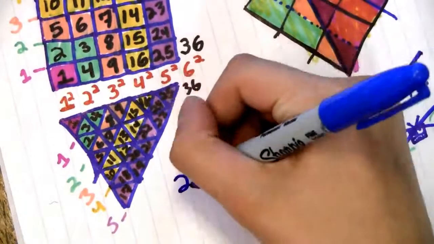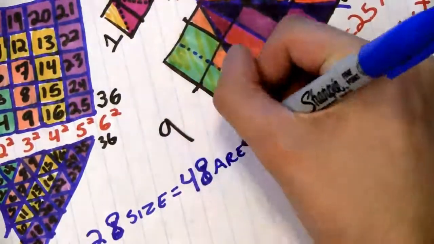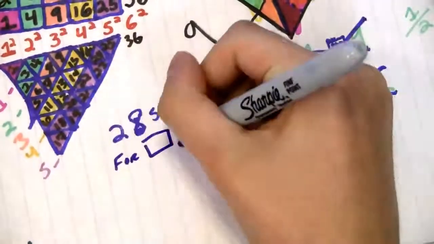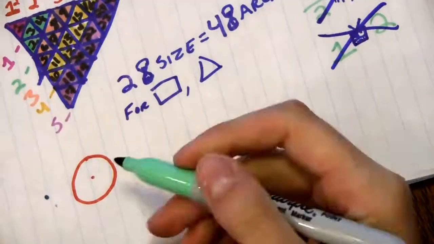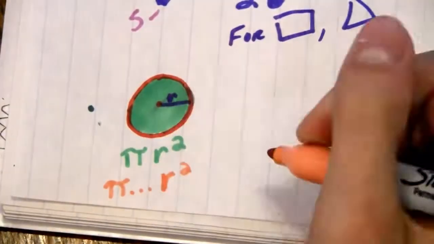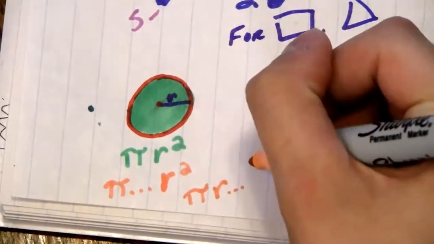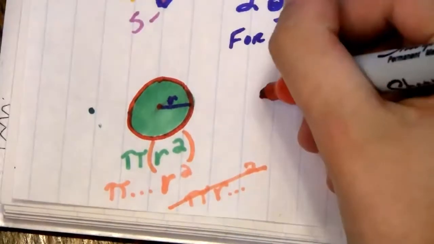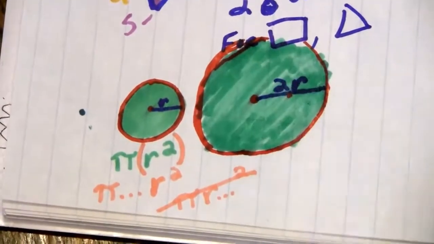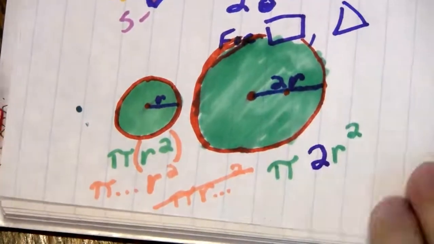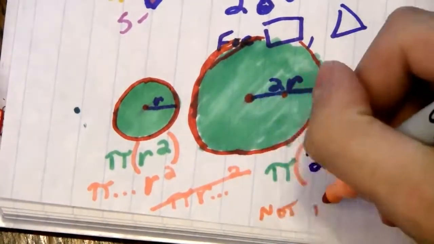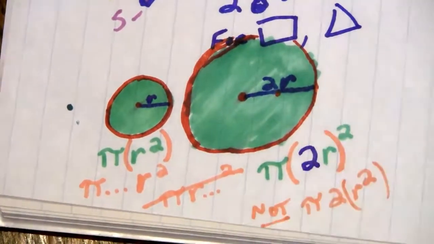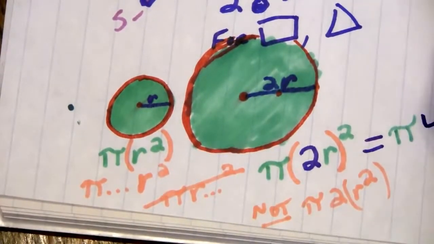Okay, so 2 times the size is 4 times the area. You wonder if it works that way for other shapes. For circles, area is pi r squared, though really you should say it's pi times r, squared, or you might confuse it with pi r, squared, which is important because when you do make it twice as big, it's the r you're multiplying by 2, so you have to make sure you multiply the r by 2 before anything else happens to it, like (2r) squared, not 2r squared. And after you square the 2, you end up with a factor of 4, which is the same sort of 4 you get in squares and triangles,